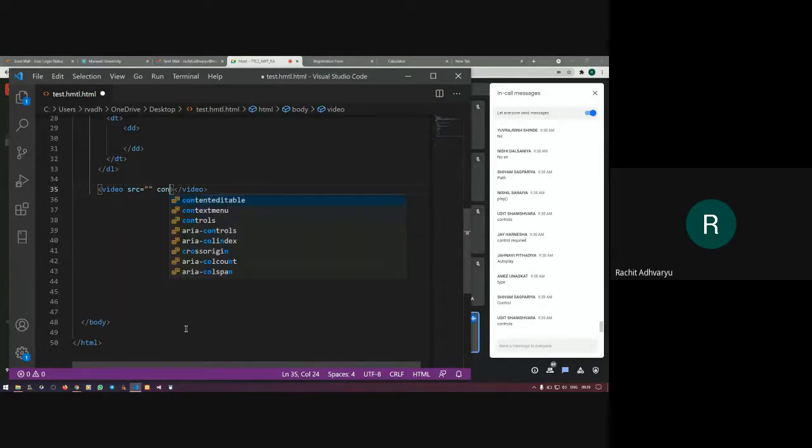Yeah, controls. Now, what type of controls will it take, or will it show up? You need to give me the answer. I'm waiting. I don't have any hurry as of now.